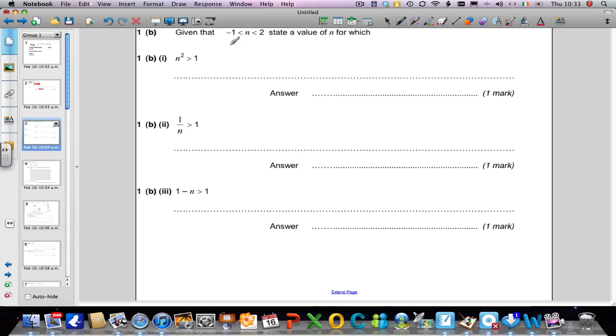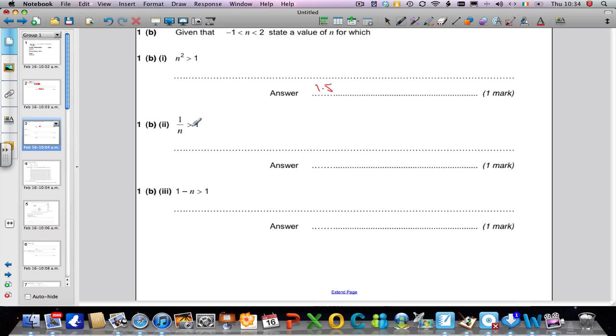Right, 1b. So we're told that minus 1 is less than n, which is less than 2, and we're asked to choose a value for n such that n squared is greater than 1. I've selected 1.5, and pretty much any value that's bigger than 1, when you square it, is going to be bigger than 1. So any number that's greater than 1 but less than 2. Next one,